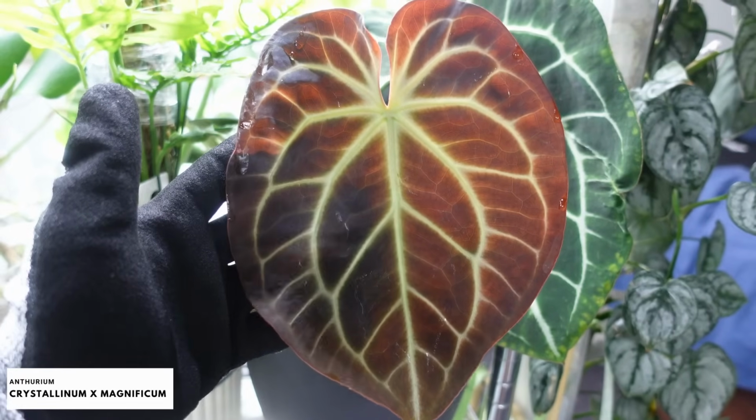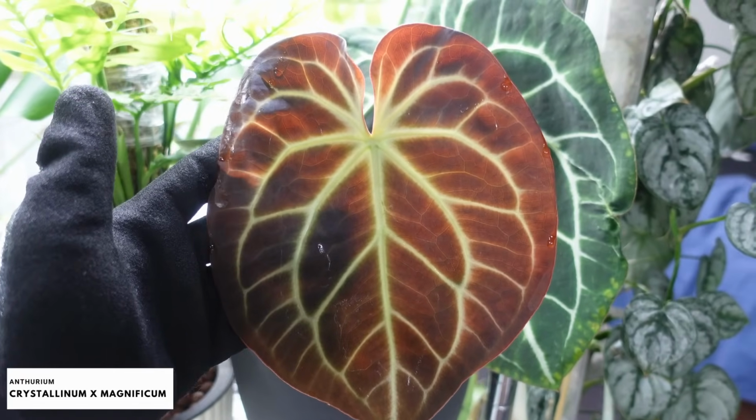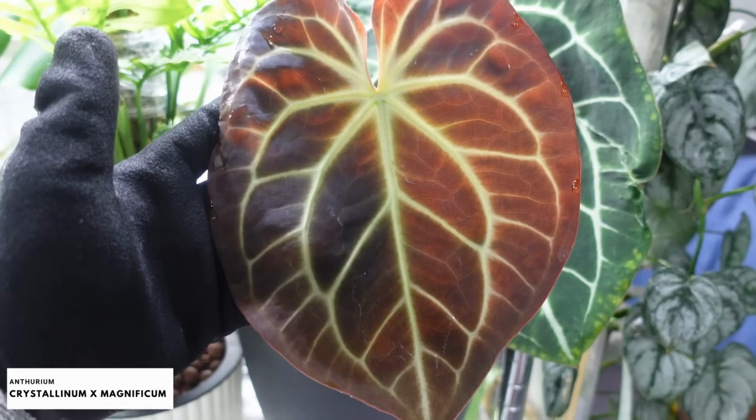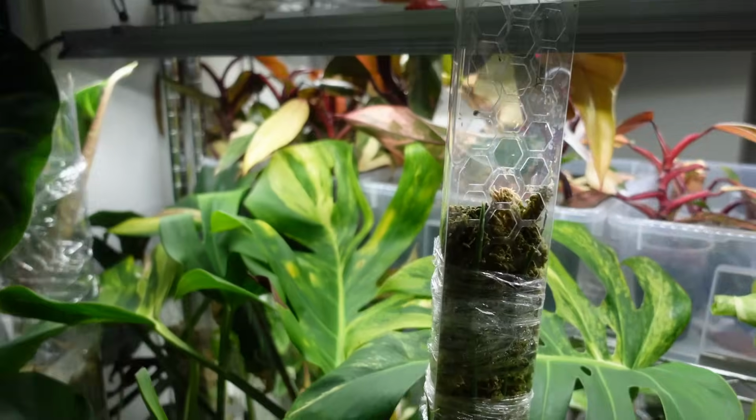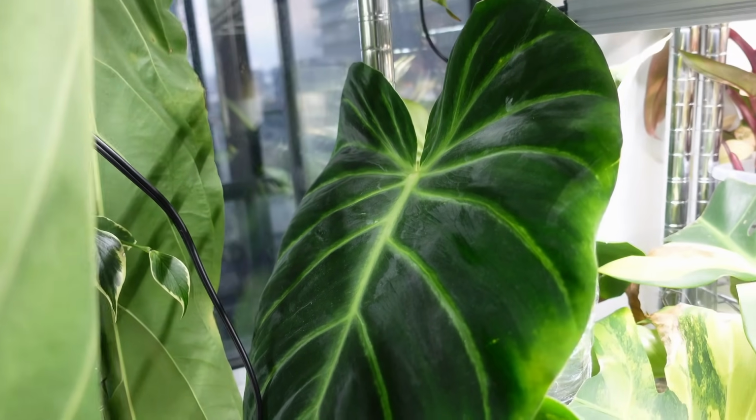Anthurium Crystallinum crossed with Magnificum. Look at this beauty. I love how fat she is, so pretty. And this is the one I got from North Shore Tropical. She is sizing up. A bunch of Hoya props, but I want to get to my Philodendron Luxurians